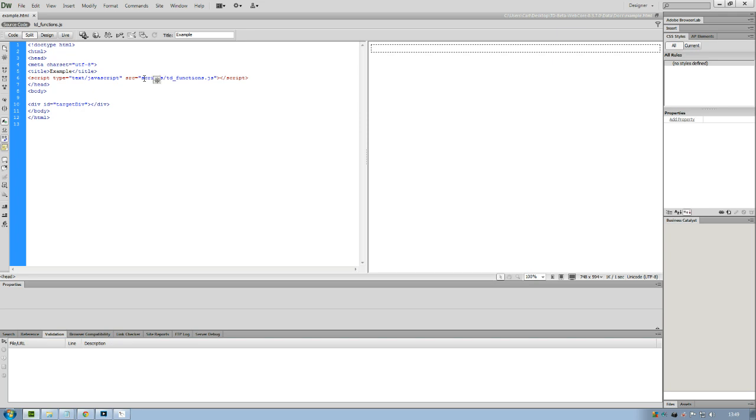I.e., you don't need the full file path like you would for a file on Windows, C drive, program data, all that jazz. You just need to know the location of that file from the current file that's loaded, so in this case the example.html file. So as it says there, we're going within the scripts folder, we're going to go and load the